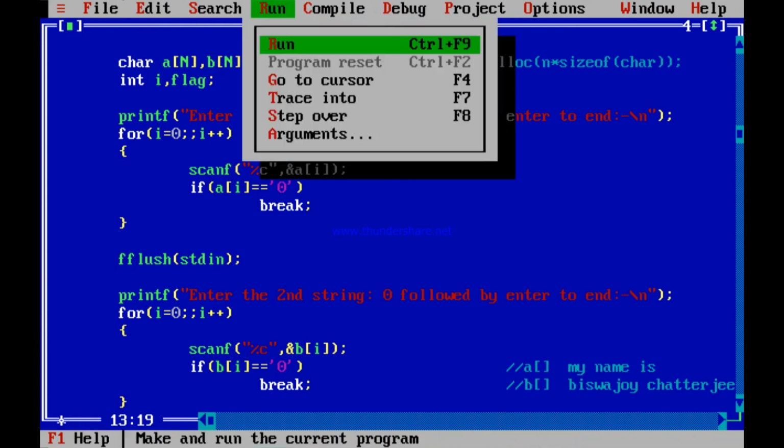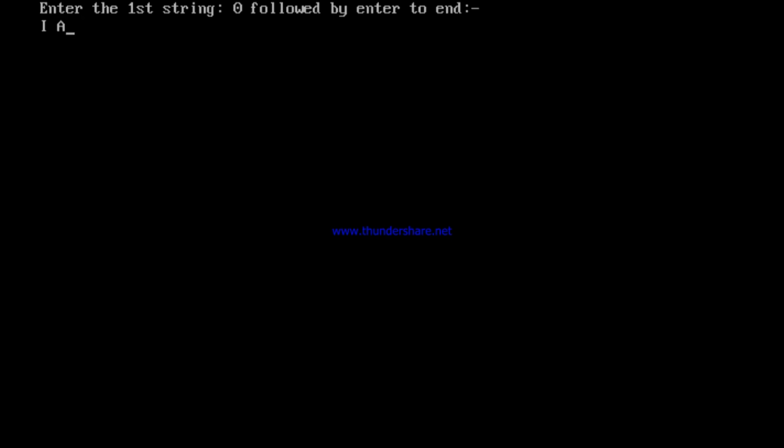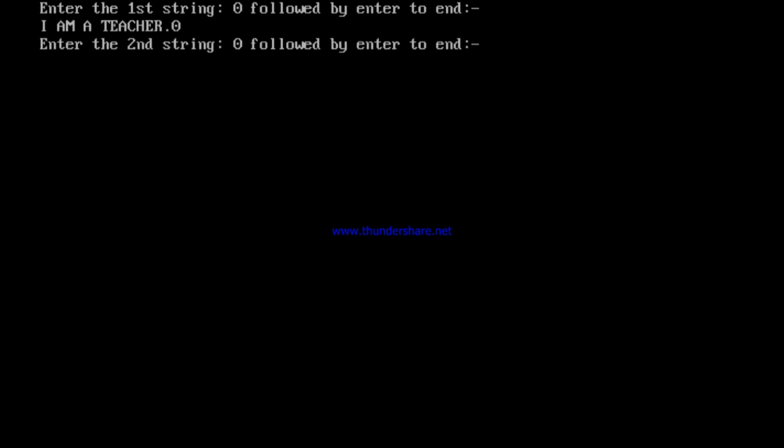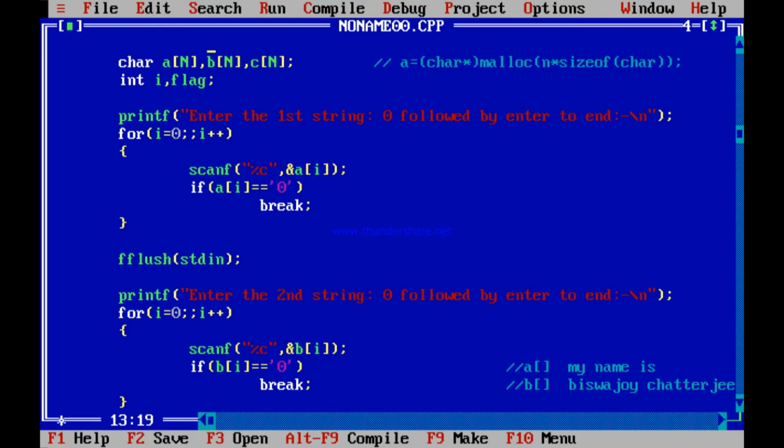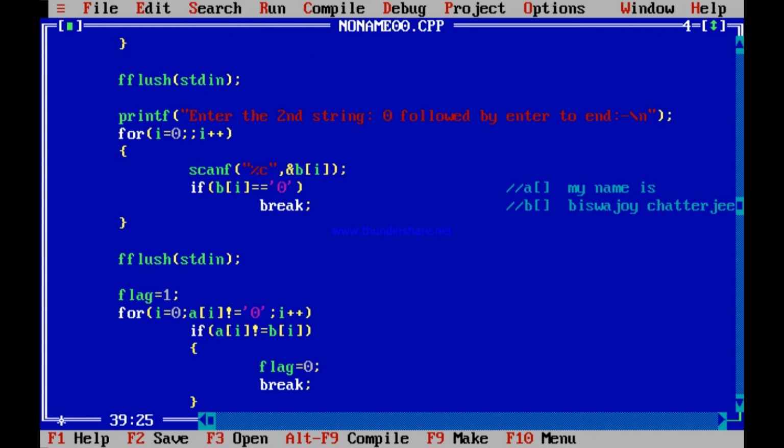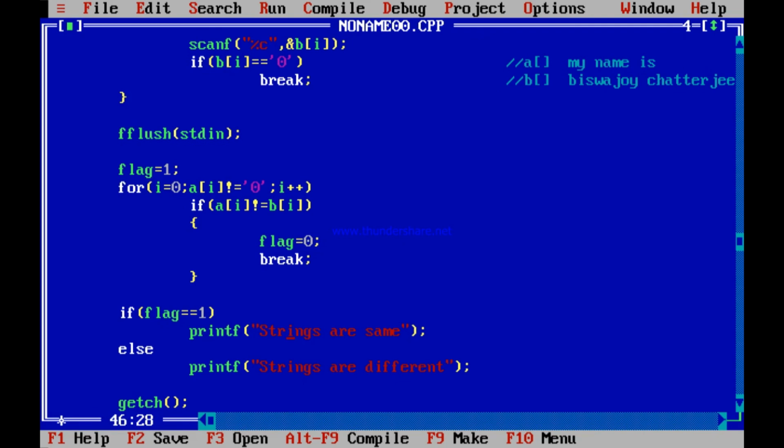Are you getting it? You can only vary the cases and find out. I am a teacher. It is up to you. The way you write the program, accordingly it will happen. Over here will it say same or different? Over here it will say strings are different, because actually these two strings are different. One is written in caps and the other is written in small letters. But if you want to check irrespective of the cases, then accordingly you have to adjust the program. Then not only comparing for equality will be enough. You will have to check whether the difference is 32 or not. But over here I will take it as different strings.